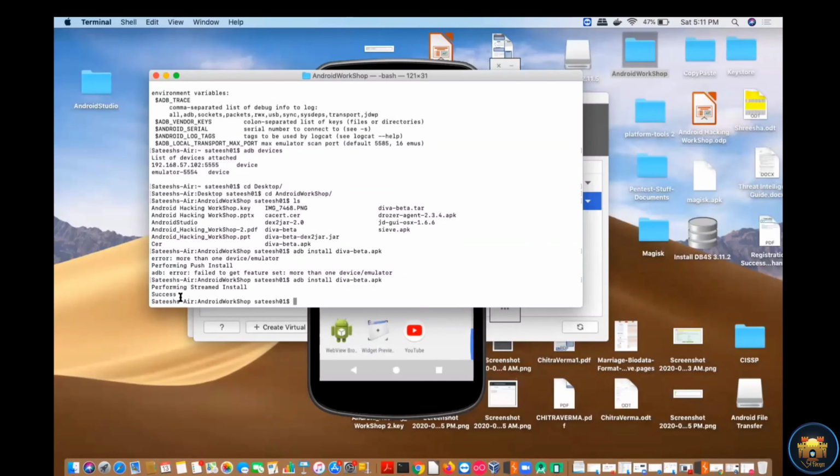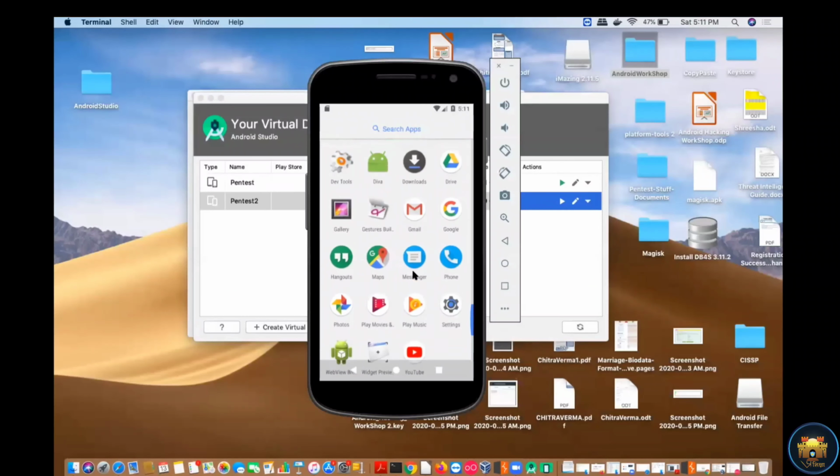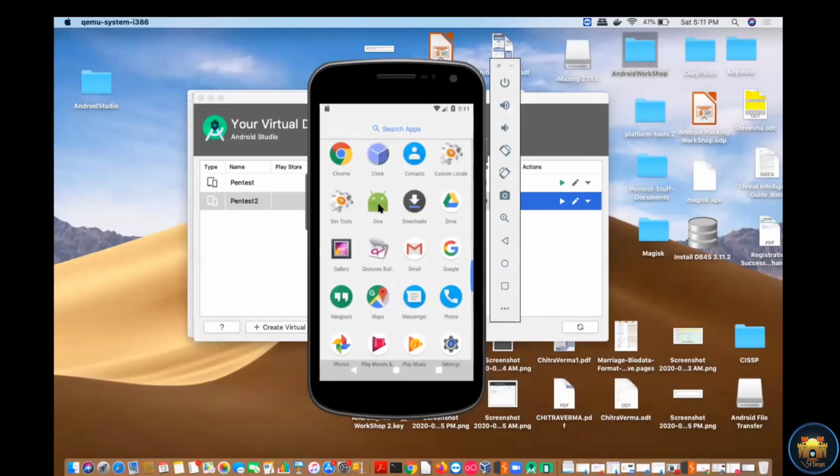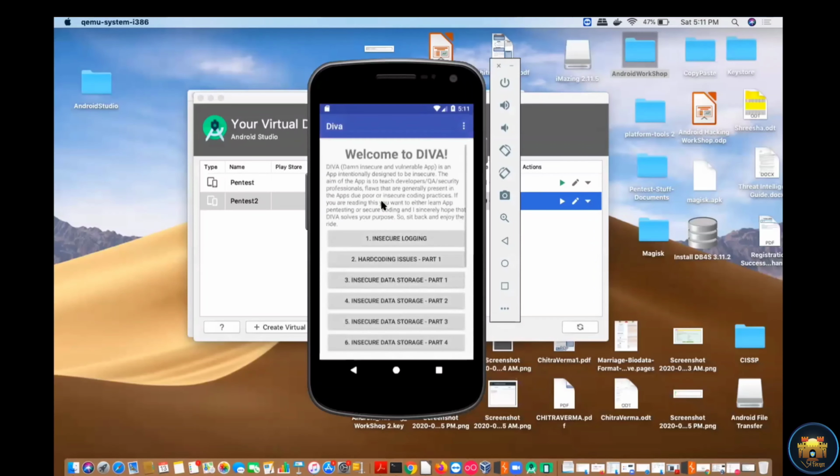So you can see, if I perform this particular command, your application will be installed in your device, and you can see Diva Beta is installed in your virtual device, right? And it has all the vulnerable parameters which we'll be using in the coming session.